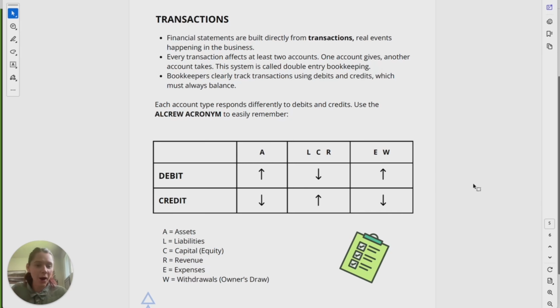Okay, so transactions. How are these financial statements getting built out? Well, they're all built directly from the transactions that we're entering into our books. Transactions are showing what real life events are occurring and happening in the business. Every transaction has to hit at least 2 accounts. Some can hit more. What I like to think of it as is a give and take kind of relationship